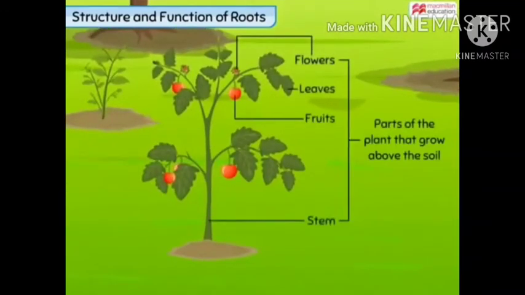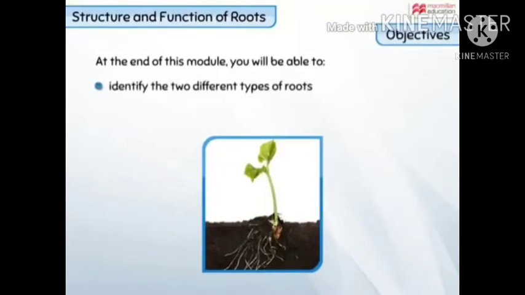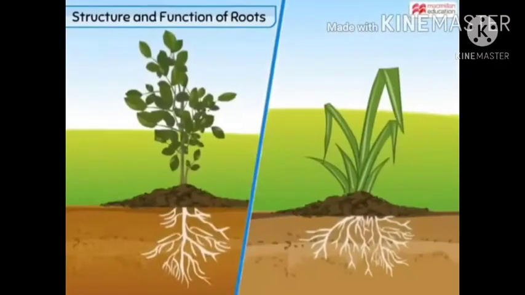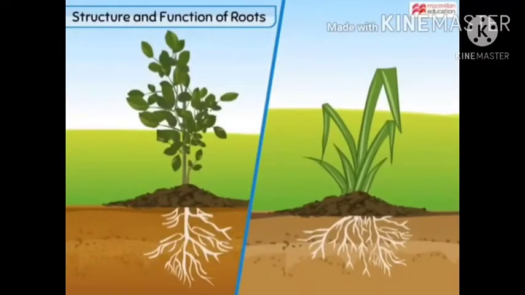When we look at most plants around us, we see the parts of the plants that grow above the soil. Do plants have other parts as well? Plants are able to stand tall and firm because of this part of plant called the roots, which mostly remain under the ground. There are two main types of roots seen in plants. Some plants have taproots, while some have fibrous roots.